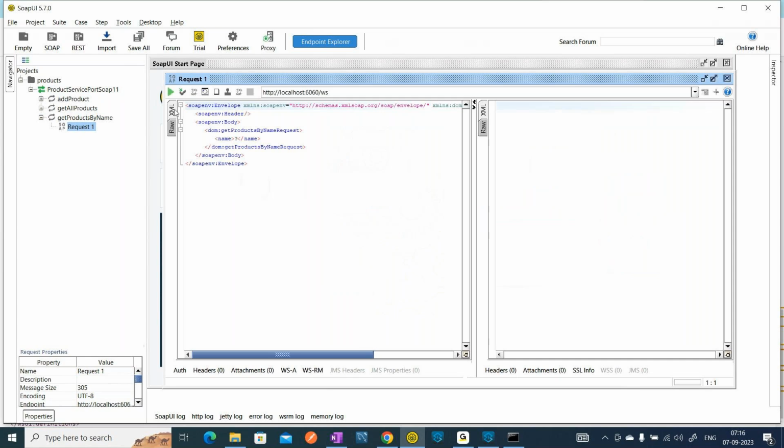We are required to send input to the SOAP application in which format? XML format. And the output we can expect in which format? XML format, right? Everything will be XML only in a SOAP application. So now in this case, what is the body? Get product by name request. This is the XML tag we need to send. And get product by name means it will expect a name attribute, right? So under the name attribute, let's take, I'm sending HP. Okay, and click on submit request